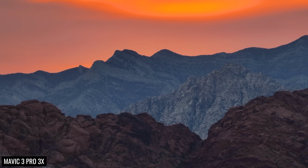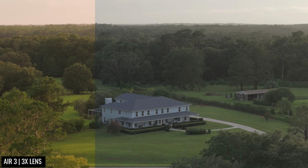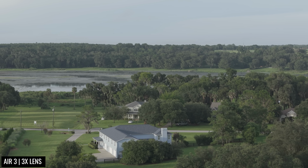So the second reason why is the gamma. So what I mean by gamma, and I'm not talking about radiation, I'm talking about the log footage. So this shoots in D-Log-M. Now, not all D-Log-M is created equally. Remember, when you create a log profile, it's created for each individual sensor. This being a stacked backside illuminated sensor, DJI obviously had to create a log gamma that would work for this